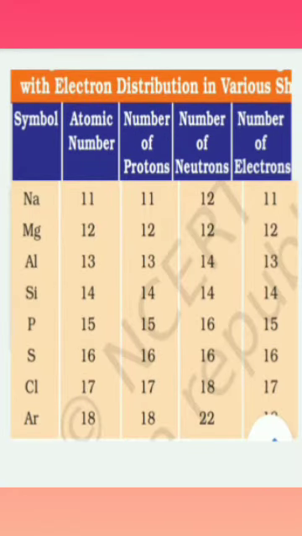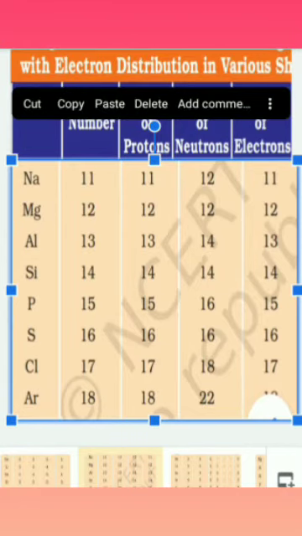Next, sodium atomic number 11. So protons 11, electrons 11, and then neutrons 12. So atomic mass of sodium is 23. And magnesium atomic number 12, number of protons, electrons and neutrons also 12. In the previous lesson we learned about atomic mass, isn't it? We need the atomic mass, then only can we calculate the molecular mass. So from this we calculate the atomic mass. And aluminium atomic mass is 27, 13 plus 14, 27.